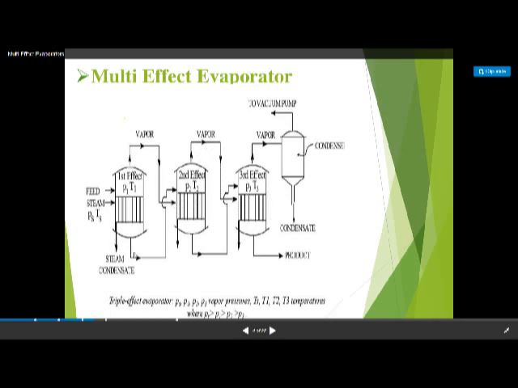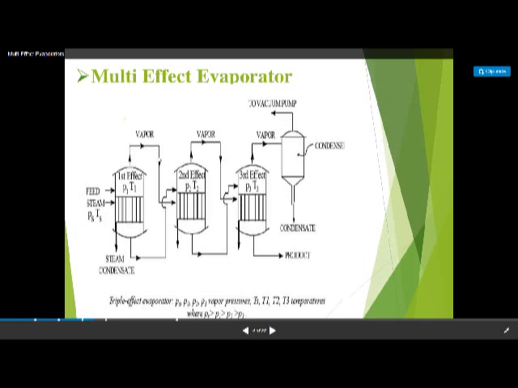And feed, it is going to transfer. See, the outlet is here, right? The concentrated liquid is collected from here, and this is again introduced into the feed wall of the second one, and again the product concentrate from this outlet is introduced in the third one, right? So in this way, we are using the steam only once.